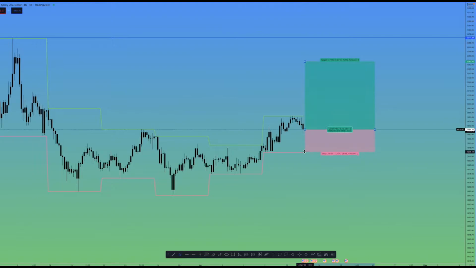So we could say, okay, we want to go long here, and we're saying that, having the stop loss here, we will be risking, if we look here, 17.9 points, okay, or 179 pips. Okay, so this is what I use to measure